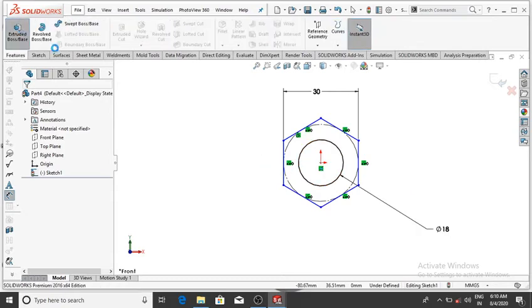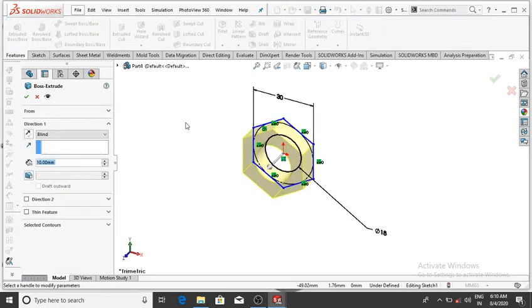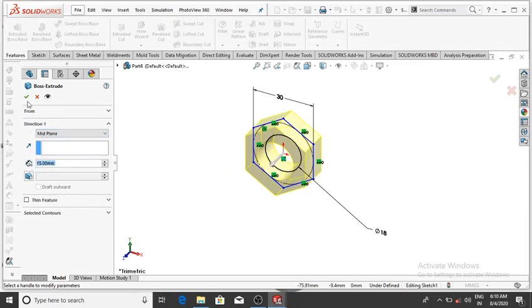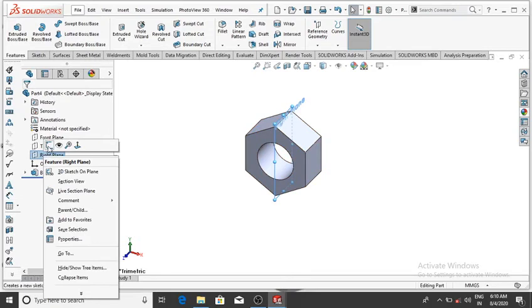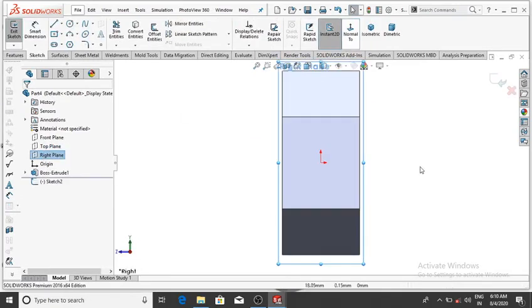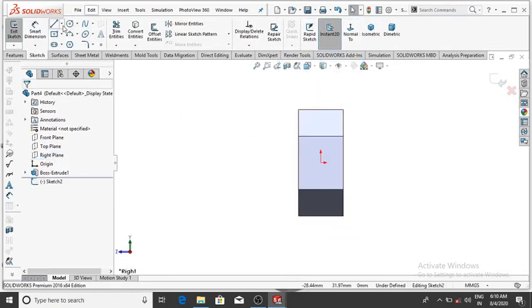So go to feature and make it extrude boss base and make it 15 mm, and the condition will be mid plane, then OK. So select the right plane, sketch, then normal, and make the sketch and make the revolve cut.